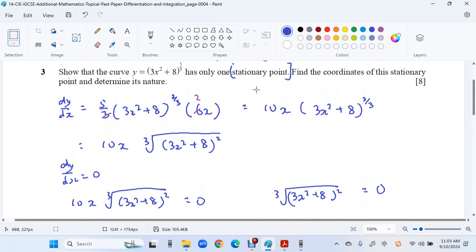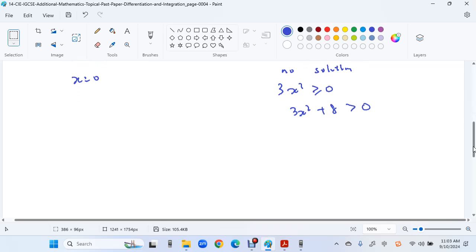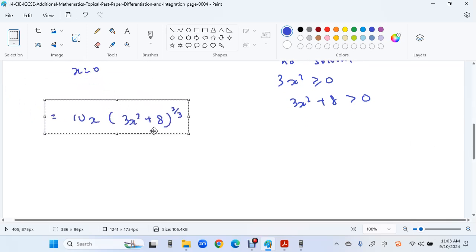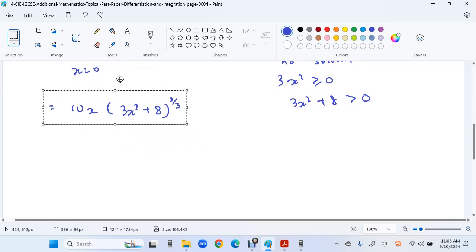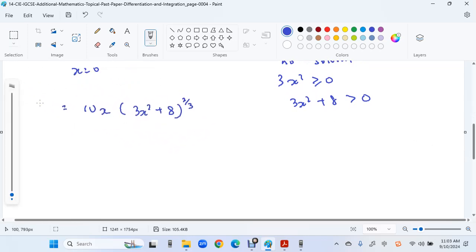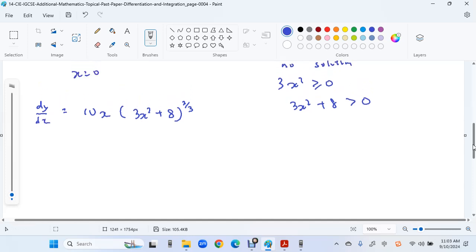So the dy/dx is this. We want to know the nature, so we find the second derivative. But finding the second derivative is difficult here. So what we do is, you can do it two ways. One, find the second derivative, but I don't want to. The second one is we have